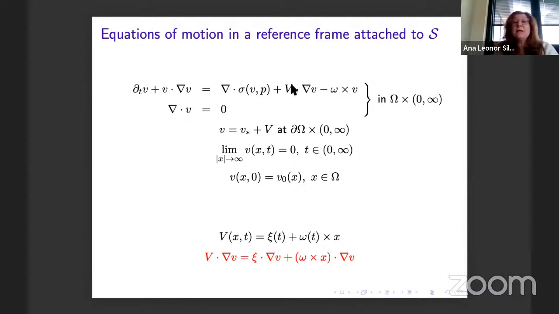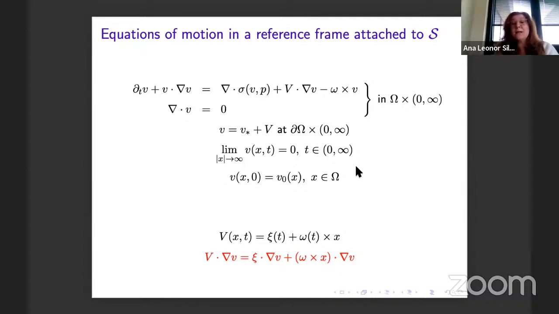In this term here, this is the new velocity of the rigid body in this new reference frame, and this term here can be written like this in terms of the transformed translational and angular velocity of the rigid body. And this term we know more or less well from the Oseen equations, but we have another term here that is not so